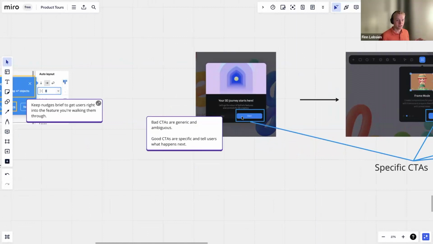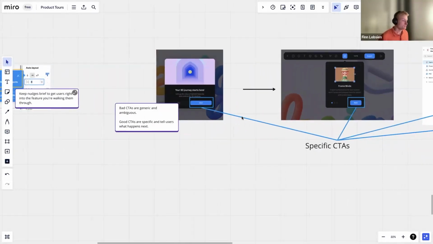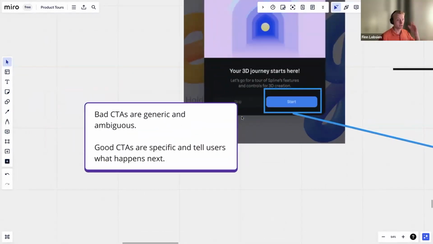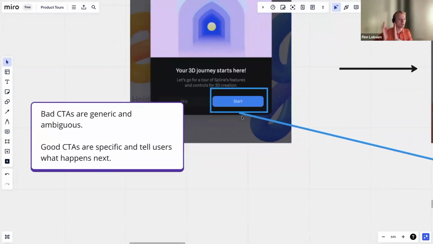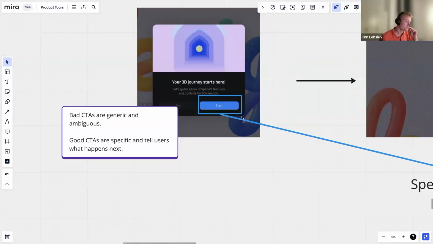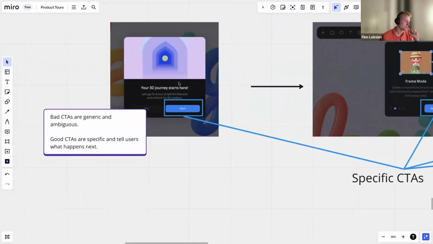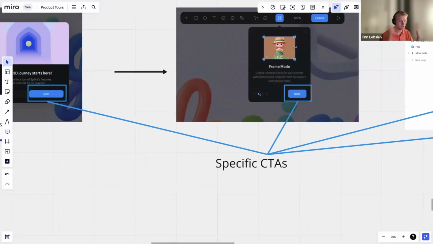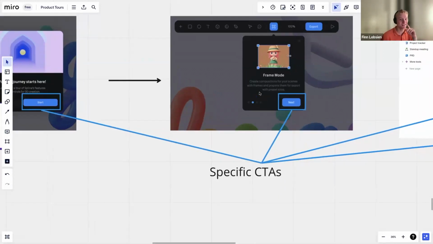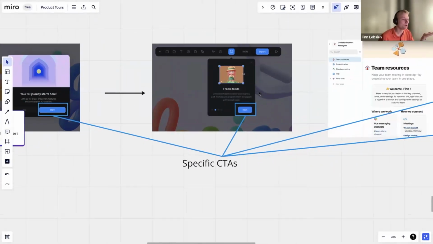Okay, CTAs are an important part because it's so easy to default to something like next or done or whatever. But the best ones actually make sure that the user understands what happens when they click that button, because they lose trust if the thing that they expect to happen doesn't happen. So you can see something here, your 3D journey starts here, start, and then it says next, because that takes you to the next step. And these are super obvious things. It takes like 8 seconds to change this. But it's still important because